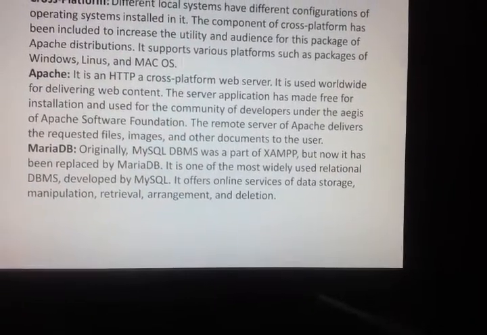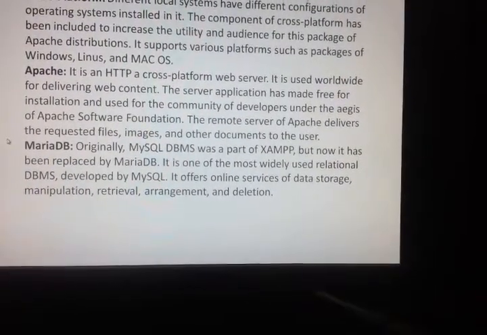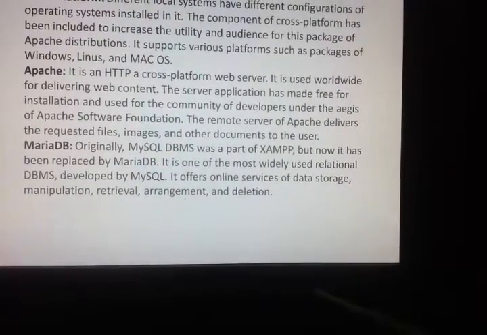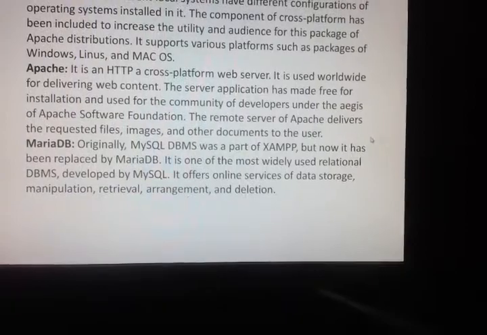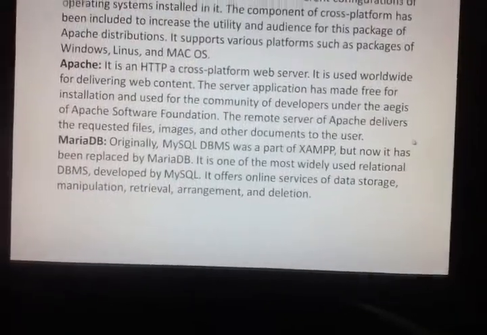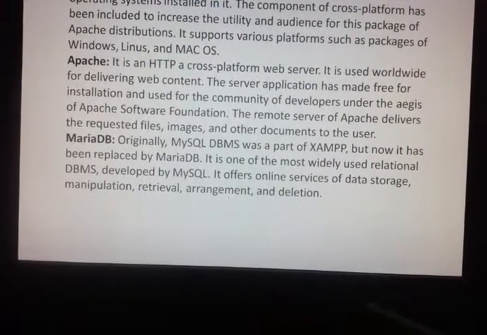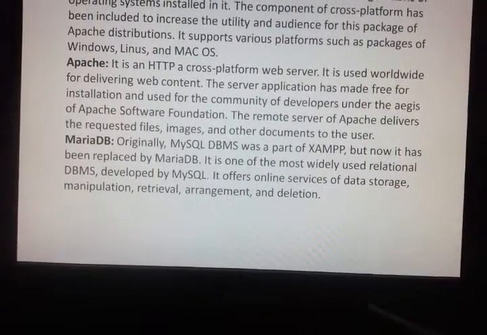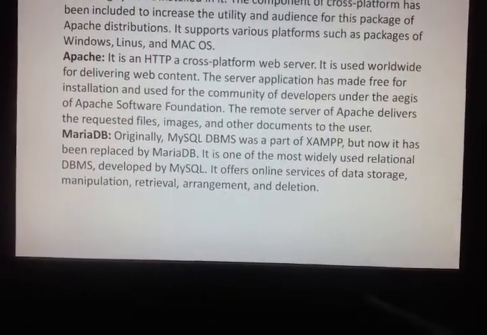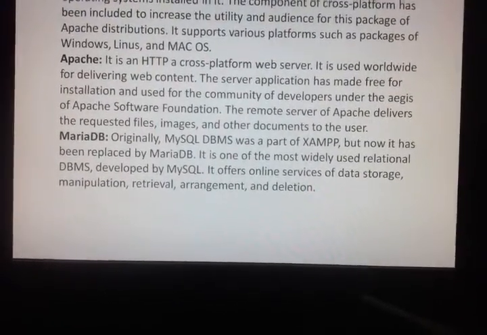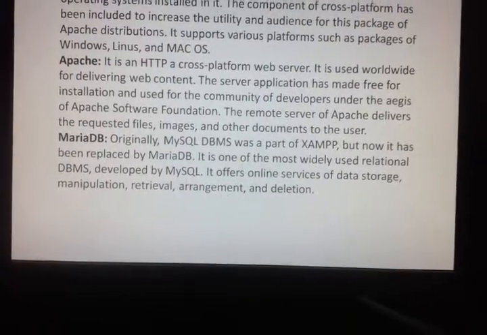The remote server of Apache delivers the requested files, images and other documents to the user. So here Apache is mostly used for delivering the web content from XAMPP.